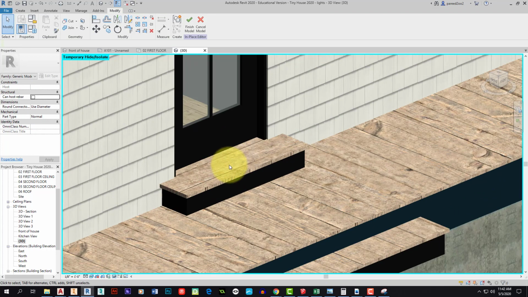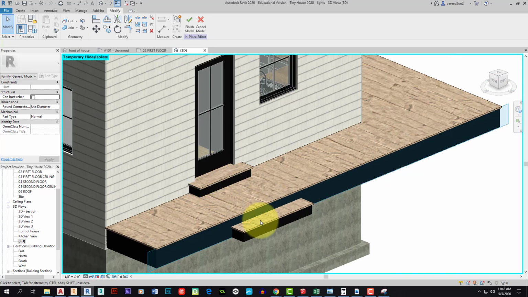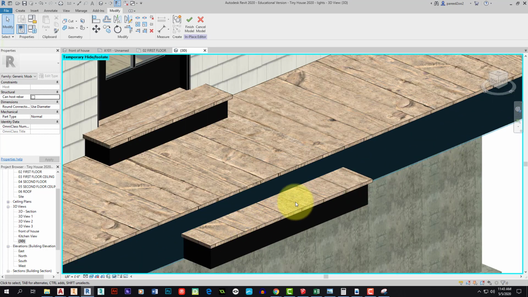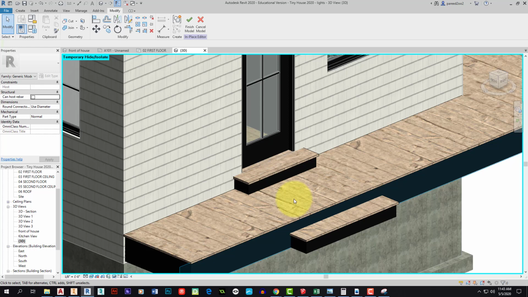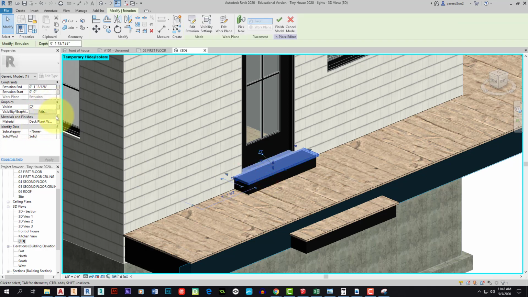Alright, so this one's right. However, this one's not right. Obviously, I don't want to go in this way. That'd be ridiculous. So what I'm going to do is actually go into my materials,